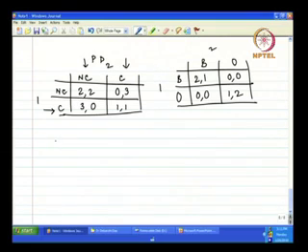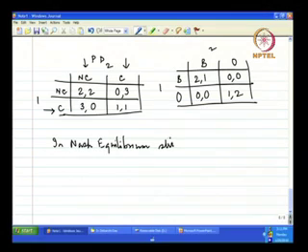So, let me write it down. In Nash equilibrium, strictly dominated actions